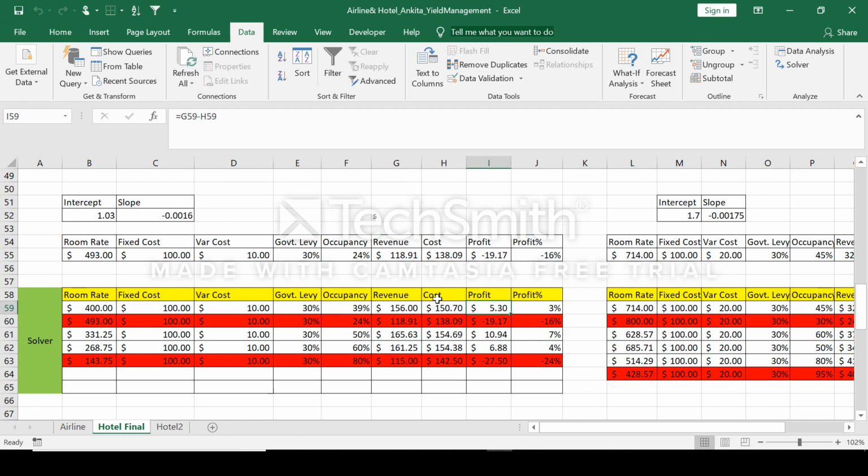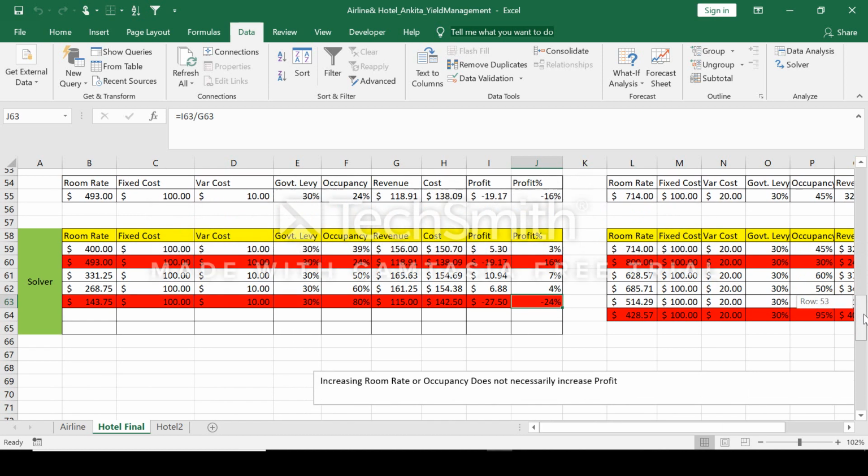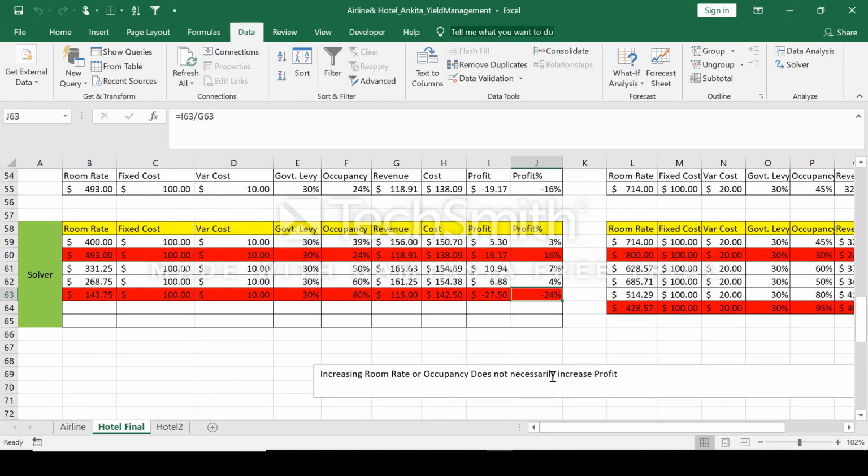Similarly we calculate the different scenarios, and we get that for an occupancy of 24%, that is an increase of room rate to 493, we see that the profit is decreased. And similarly, if the occupancy is increased to 80% when the room rate is lowered, we get the profit again decreased to minus 24%. So what we can conclude is that increasing room rate or occupancy does not necessarily increase